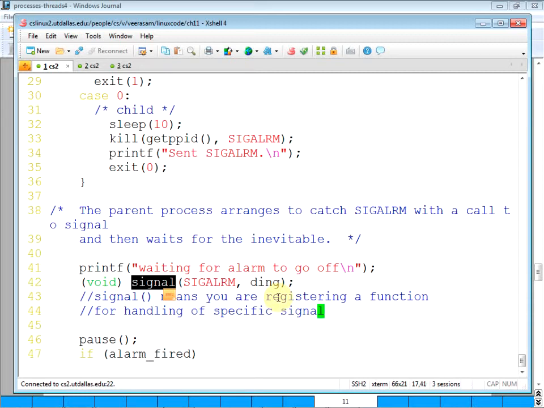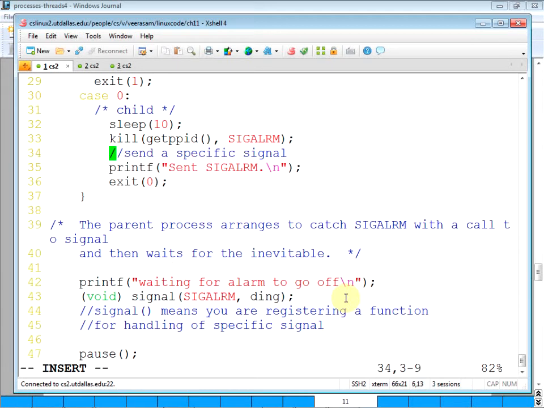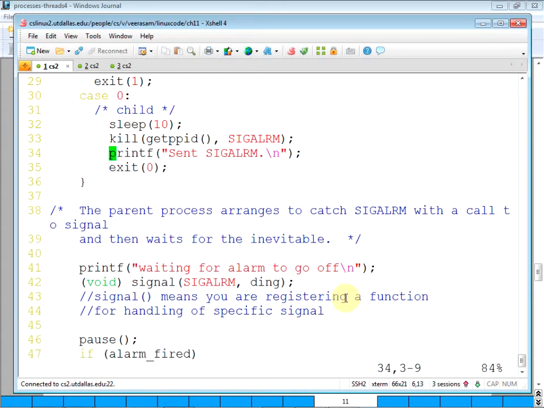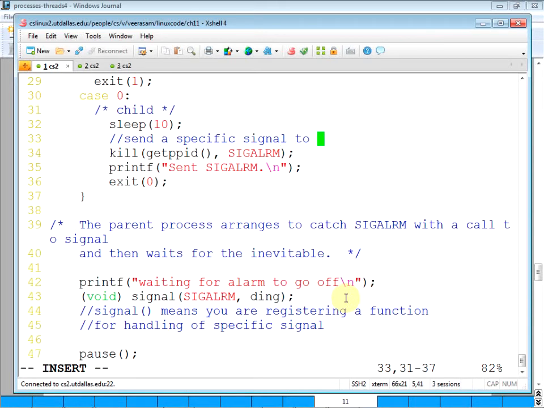That's what we are doing. Then kill means send a specific signal to another task. Okay?